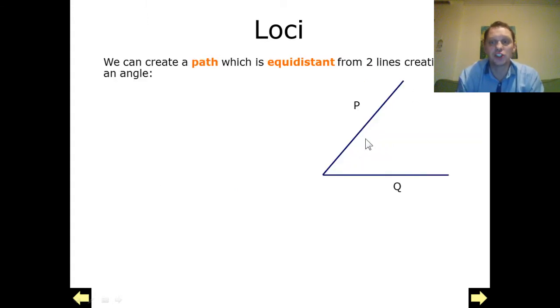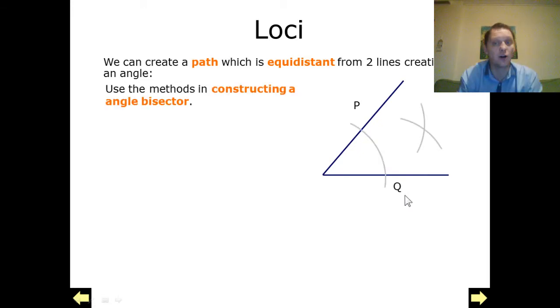Here I've got 2 lines, P and Q, which join up to make an angle, and I want to create a path which is equidistant of P and Q. It's an equal distance away from these 2 lines. To do that, I'm going to create an angle bisector. So I'm going to open up my compass and draw an arc which is going to cut both of my lines. Normally I'll keep my compass the same length,